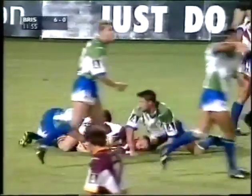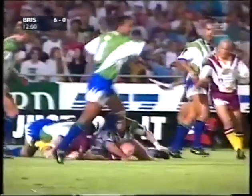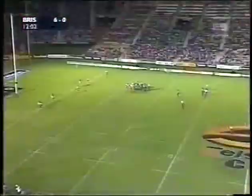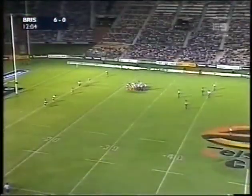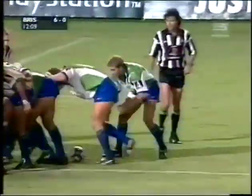Come up on this shot. It probably got some help over the top from the Canberra arm of Wolford. But you could hardly rule that as being stolen. He just failed to